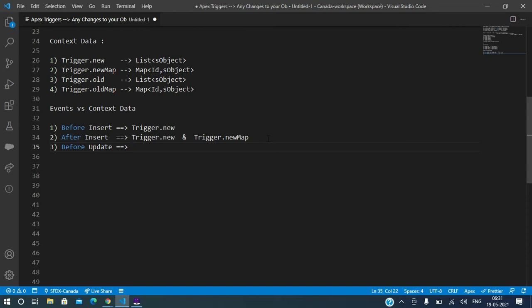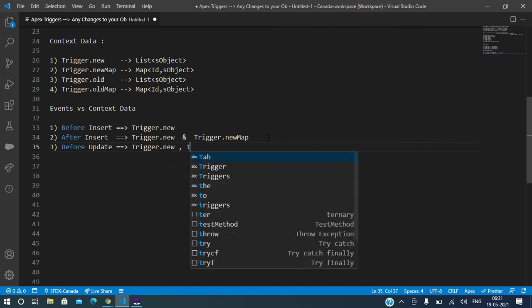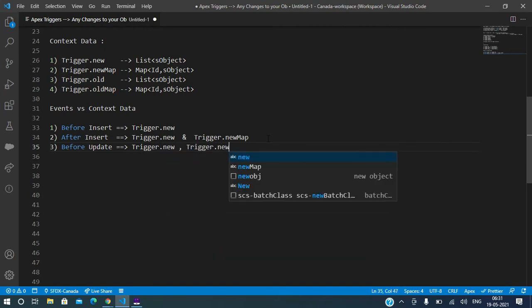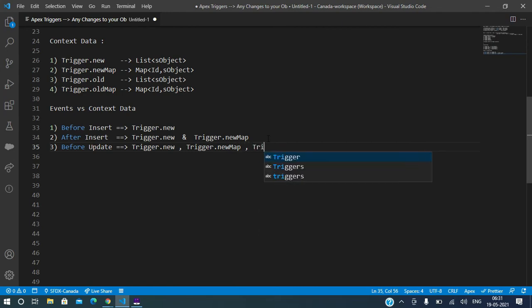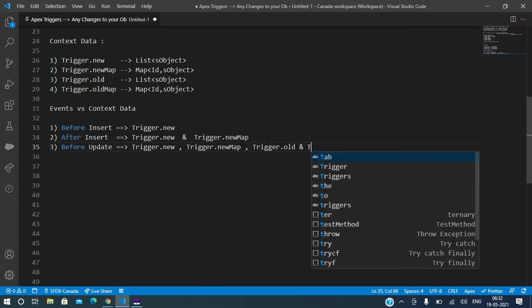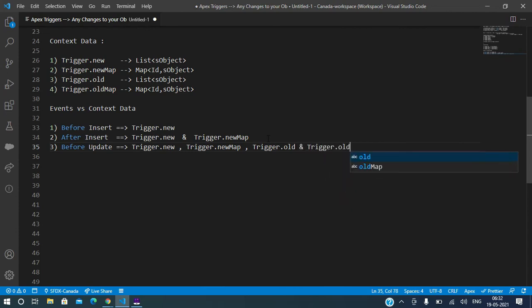For an existing record, do we have old data? Yes. So here it will have Trigger.new, Trigger.newMap, Trigger.old and Trigger.oldMap. All context variable data it can have. And it's the same for after update also.